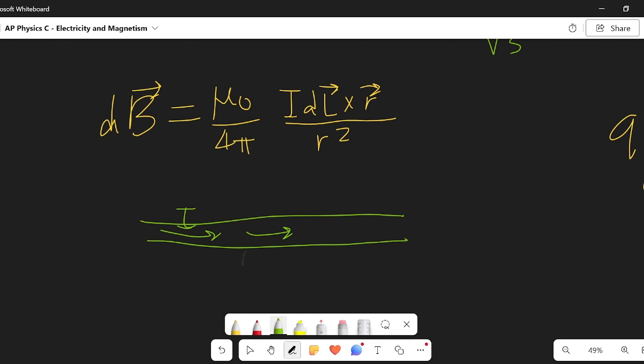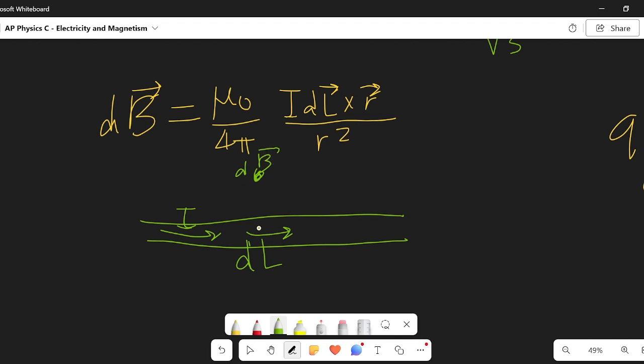I don't know why I made that arrow so big, but sorry, this is dl. That could be a portion. So if we, for example, take a dB, the dB in this case will always be